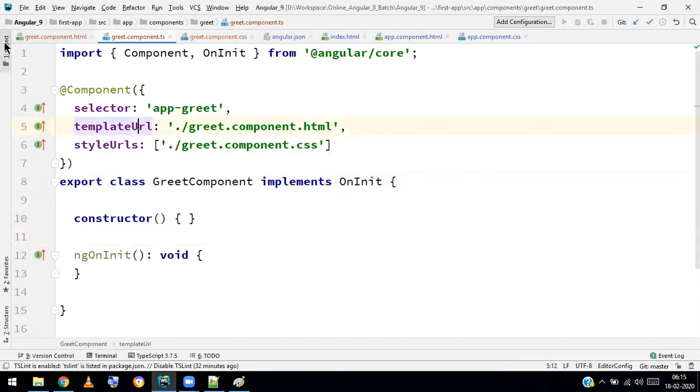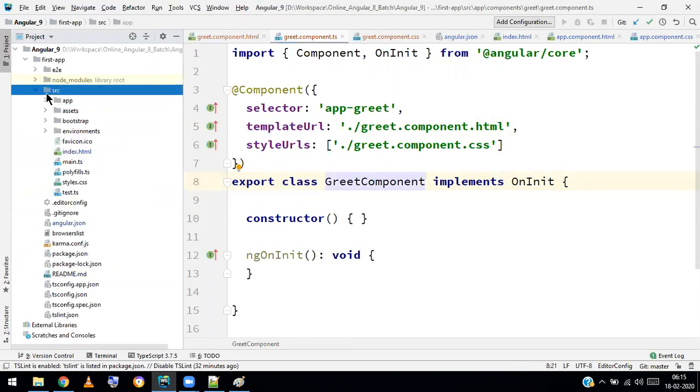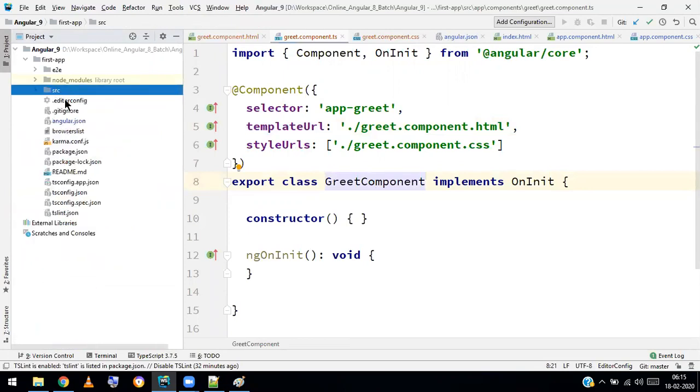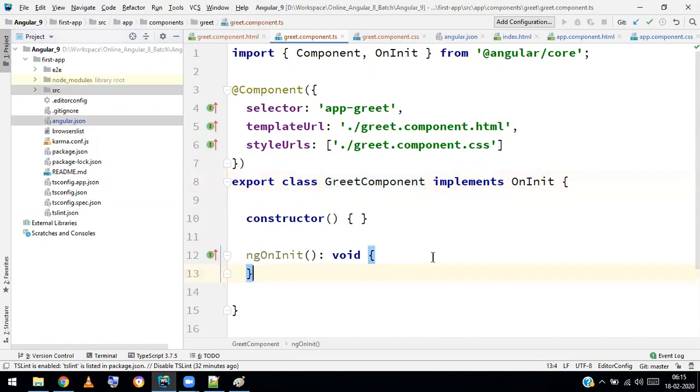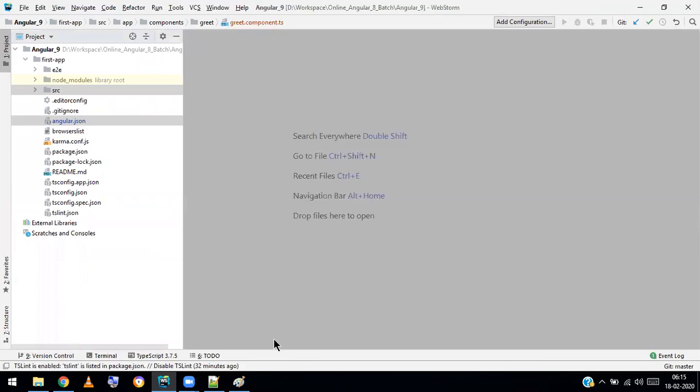Meanwhile, you do one thing: create an application folder structure. I'm going to share only the SRC folder daily, and also angular.json. These two I'll share. So you have to create the complete application using ng new first, and then just replace SRC and angular.json. Then you will get the complete application. Okay, any questions?